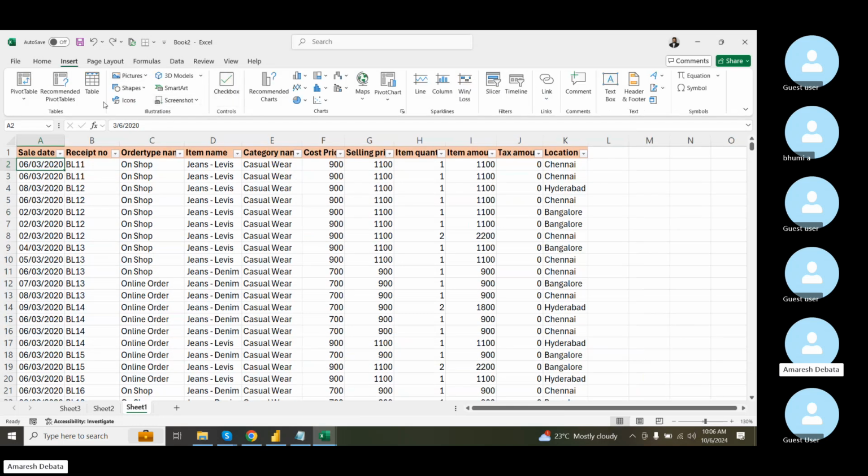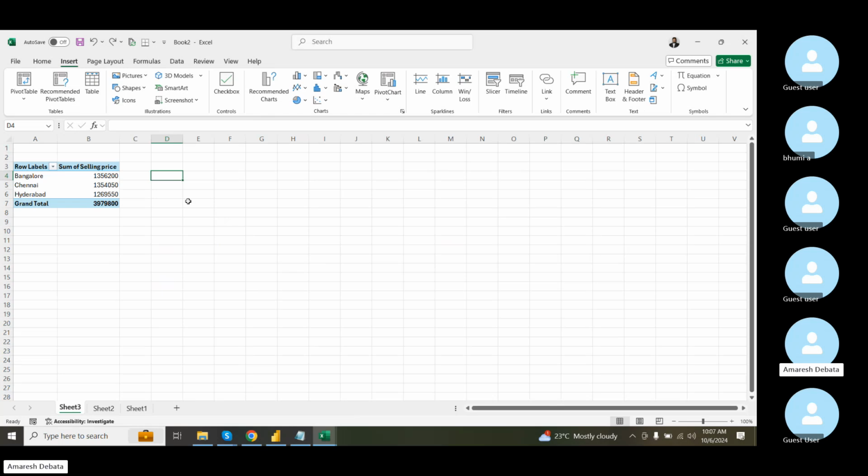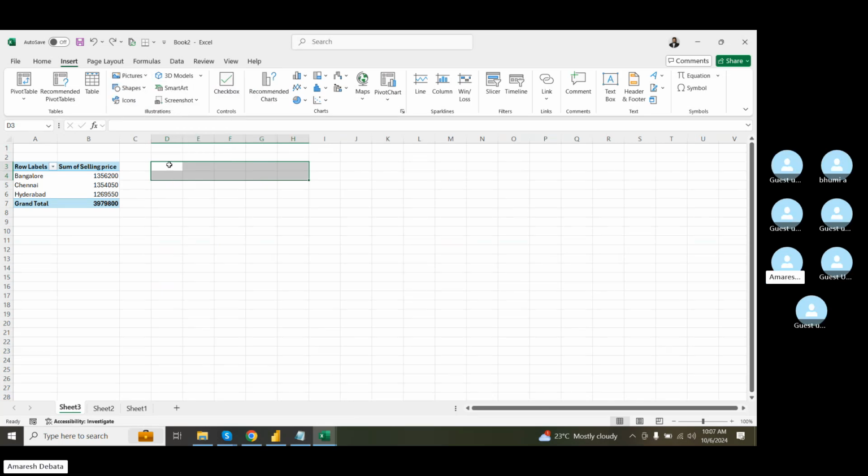Then you have one particular section here, which is illustrations. Again, these particular things are not that important, but you may want to insert pictures. For example, let's say you are doing some kind of report or dashboard and you want to insert a logo or any kind of picture. So what you can do? Insert picture. There are two options: place in cell and place over cells. Place in cell means whatever image you select will be placed inside one particular cell only. It won't spill over to other cells. But place over cells means it will be